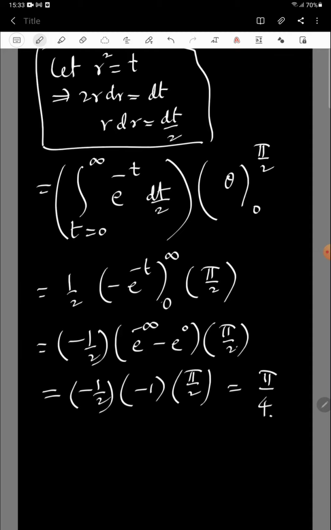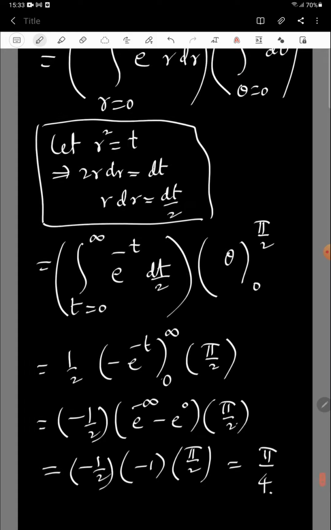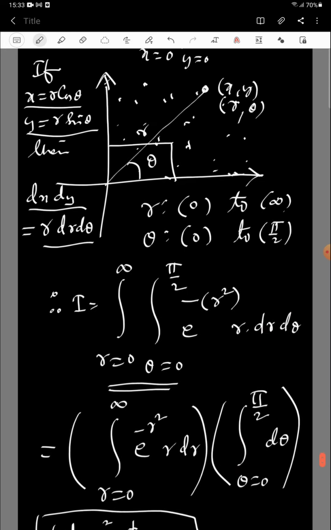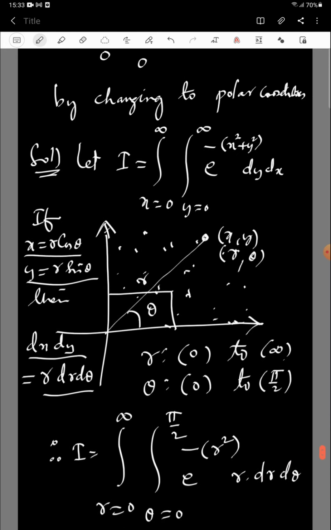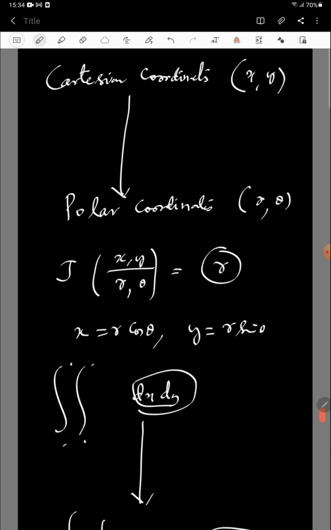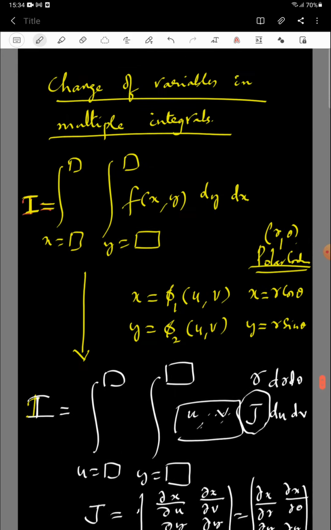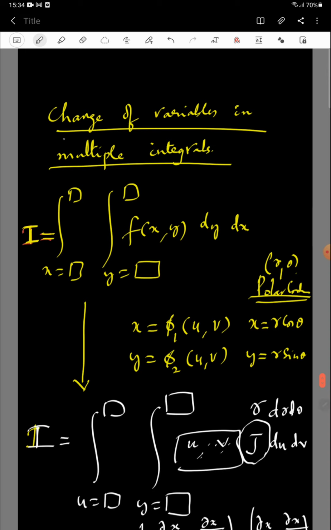I hope you understood. So there is a requirement that we must change the variables. Here we have changed the variables as x is equal to r cos theta, y is equal to r sin theta. That is nothing but we have converted from Cartesian to polar. So this is how we can make the most difficult problem into a very simple problem. This is how we require the change of variables that I discussed in this video,